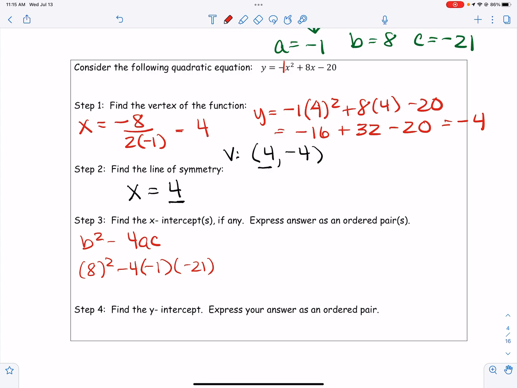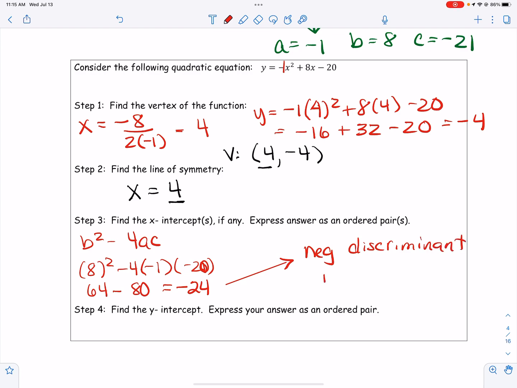That gives me 64 minus, oh, whoops, that should be a 20, sorry, minus 80, which is -24. And so since negative discriminant, there are no